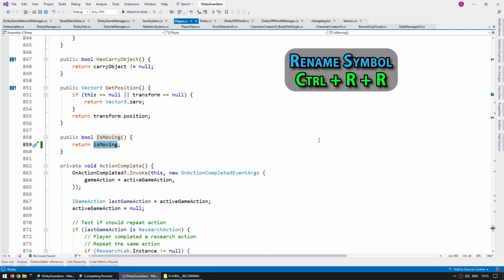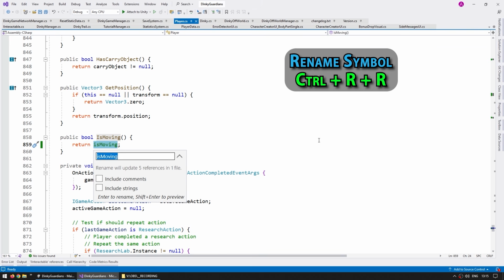Remember that refactoring is extremely important, and importantly, it's a perfectly normal part of the process. In fact, the next lecture is entirely dedicated to the topic of refactoring. If there is something that you wrote some name, but then later on you think it should have a better name, just take some time in order to rename it. Simply place the cursor over it, press Ctrl-RR, write the new name, and it will automatically rename every instance of that symbol. This works on everything from simple variables to even entire classes, and it even renames every single reference